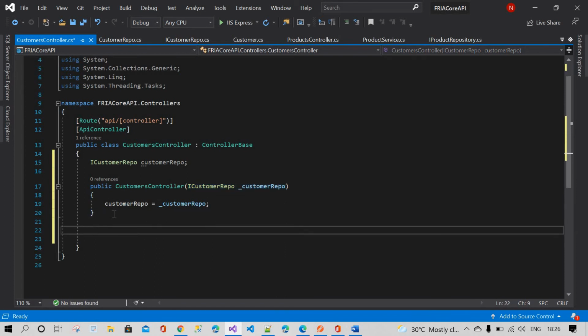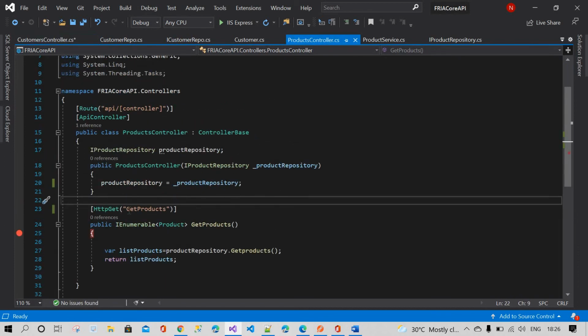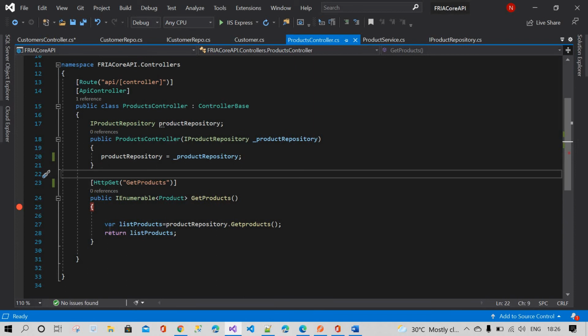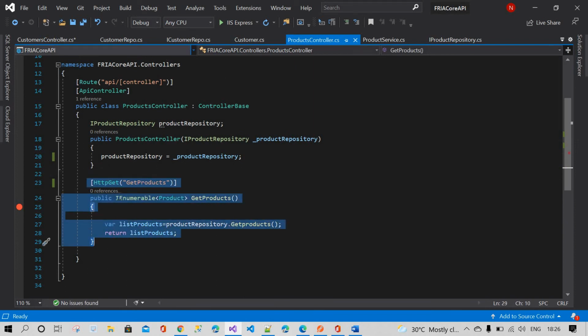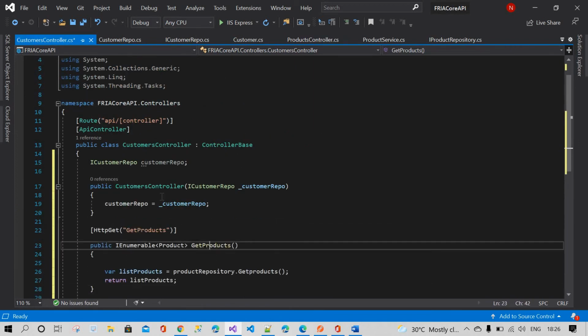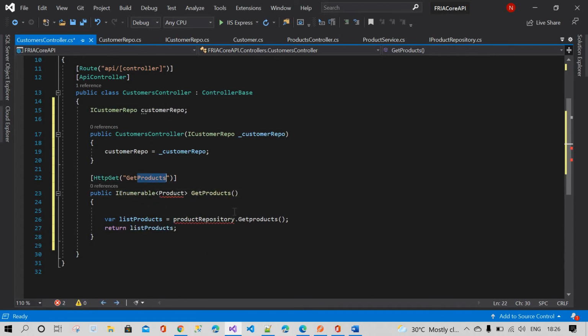So now create a method. What method? When you make a request from the browser, why am I making the request? To retrieve the data from the DB in the form of a list collection. For that, I have already created this, so I'm just going to copy it and explain. I'm going to change this name to get customers.